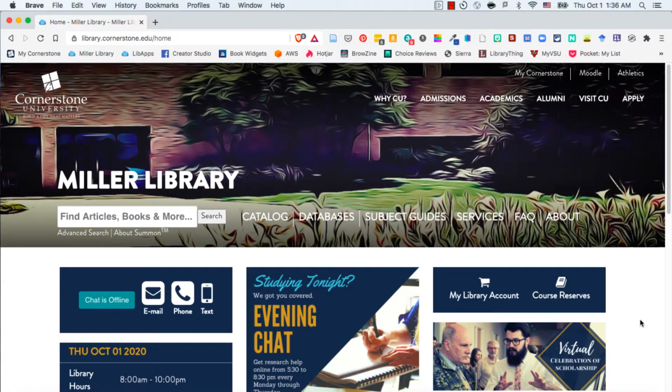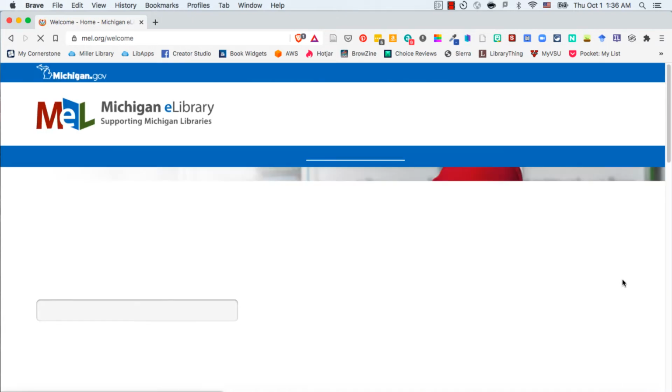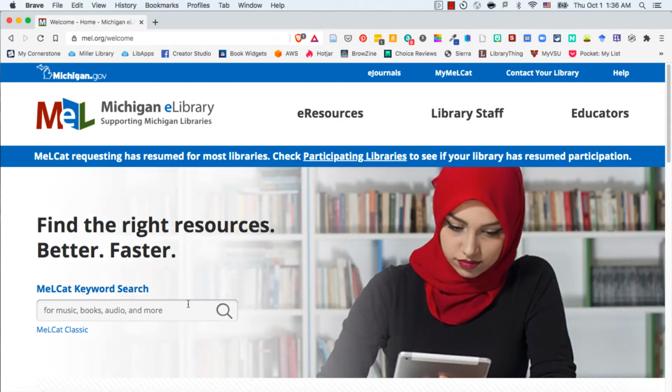So what I want to do is just walk you through how you can utilize these tools or get access to them so that you can get connected to those resources for your research purposes. So if you're starting from our website, you'll want to hover over services, and then you'll see a variety of services listed here, and among them is a link to MelCat. So you can click on MelCat, and it will take you to the MelCat homepage where you'll find a search